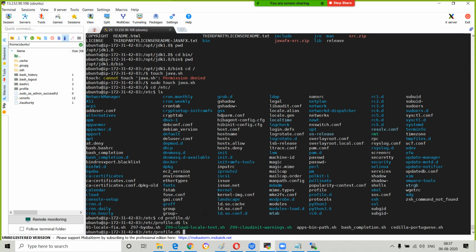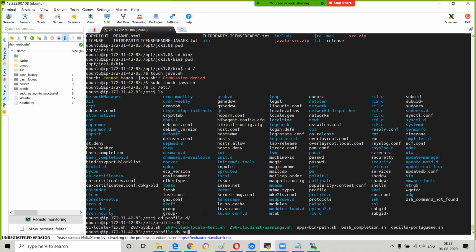If you want to create it in /etc, java.sh, you can create it. If you create it in /opt, java.sh, you can create it. Why I am not creating it in opt is because all the configuration data will be in one allocated path, so I can check it easily. So that's what I am creating.